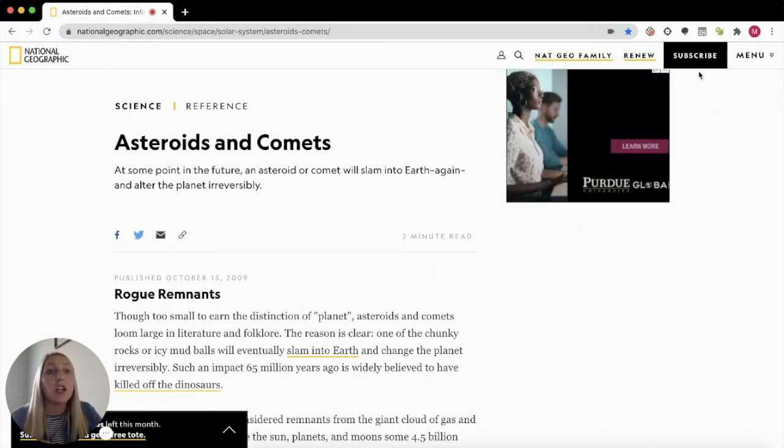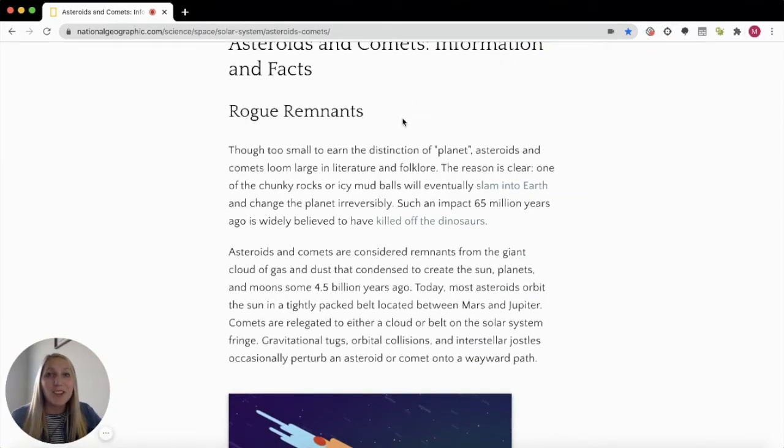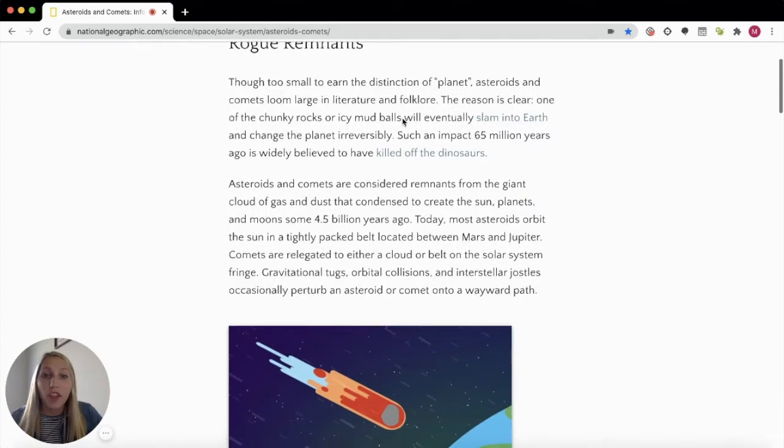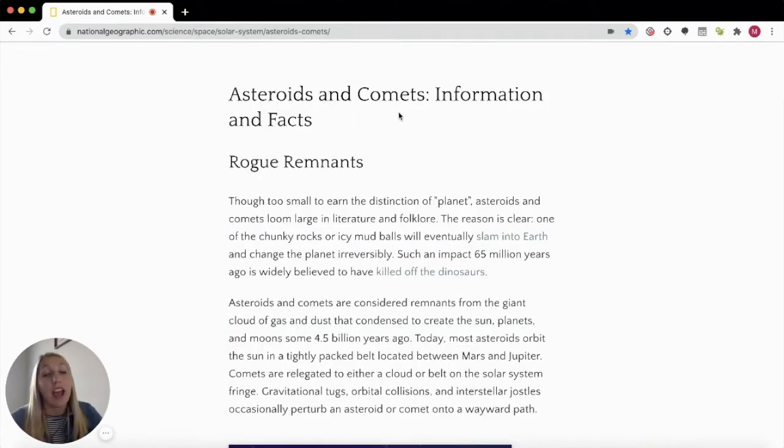and just look at the content that I need to. So what we're going to do is go up to our Snap&Read extension, and we're going to scroll down to the third option, which is remove distractions. And as you can see, we are still looking at all of the content and original images, it just has eliminated those ads, we'll say. So it's better for us not to get redirected